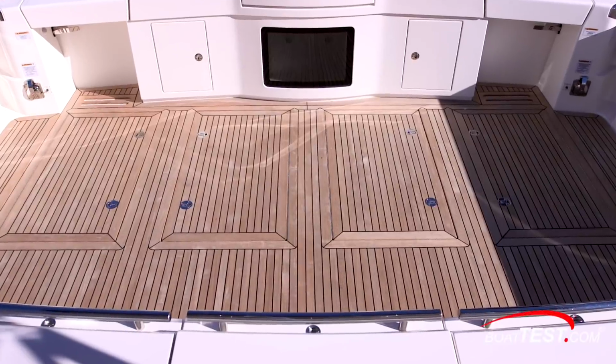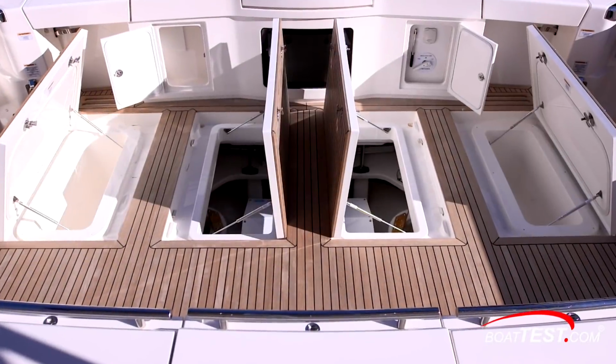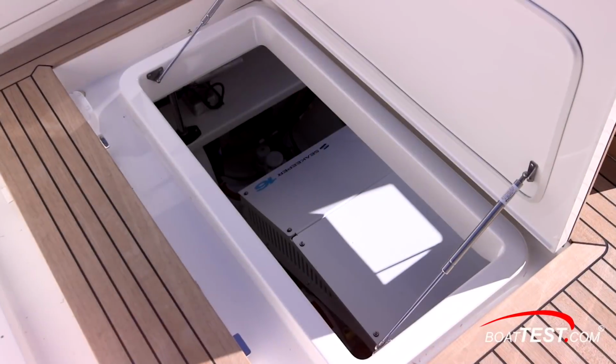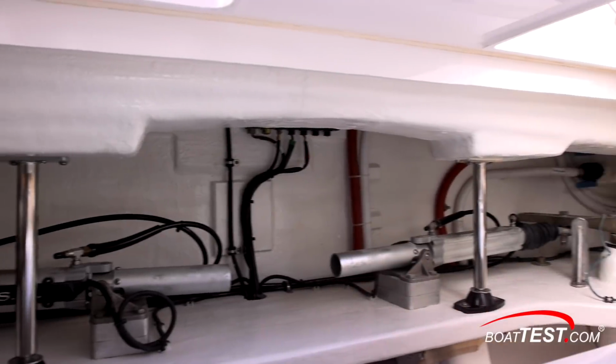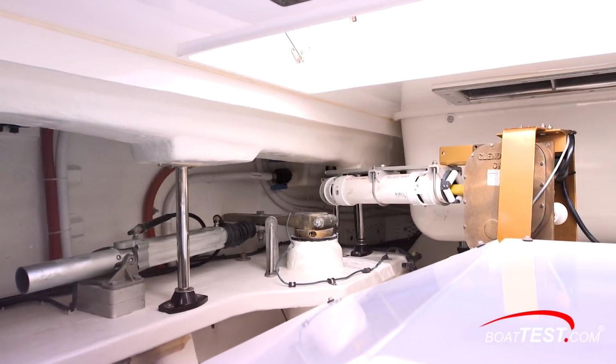Abaft the engine room is the Lazarette, under the cockpit sole, which has 4 hatches. The outboard 2 are draining insulated fish boxes, but the center 2 lead to the Lazarette, which in the case of our test boat was fitted with a Seakeeper 16 gyro stabilizer. Once inside, we see the steering gear and the Glendinning cable master. The Lazarette is large with crawling headroom, and there's room for a high-capacity water maker, which this boat needs if